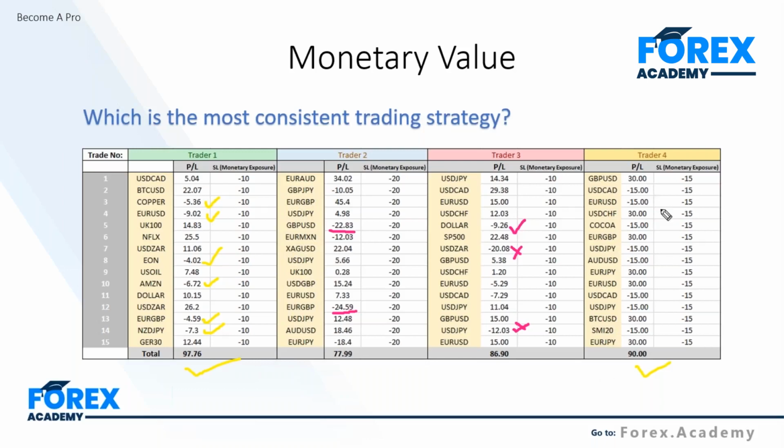Effectively, he's probably trading with the momentum in the short term, getting in and out, but not reacting. He's simply letting the markets trade to him given his analysis. So he is effectively running a risk reward. You can see all his winners are 30 euros, which is great. And again, all his losers are within the remit of 15 euros. So that is, I would argue, the most consistent trading strategy, and it's in its implementation, which is very, very